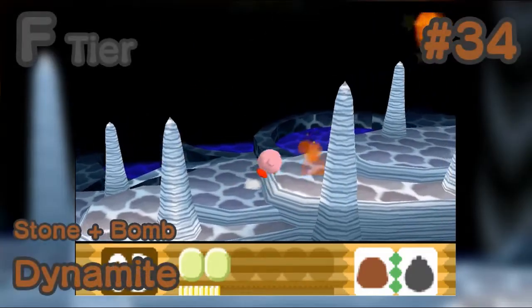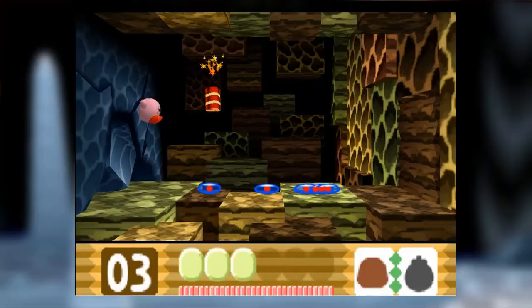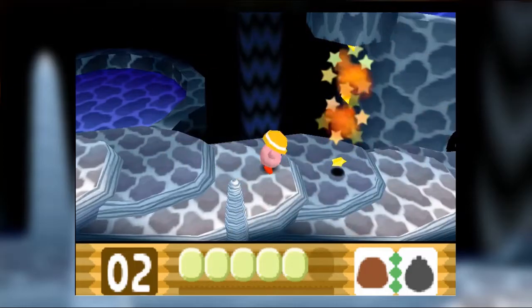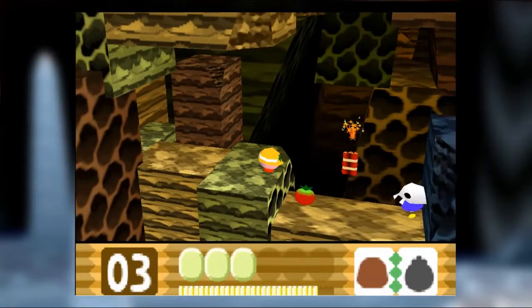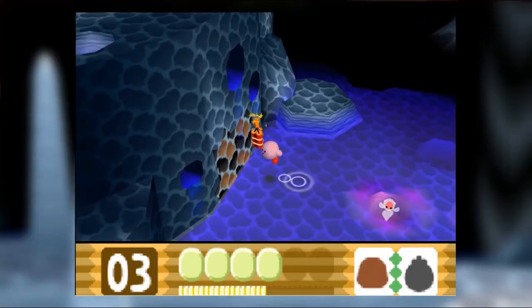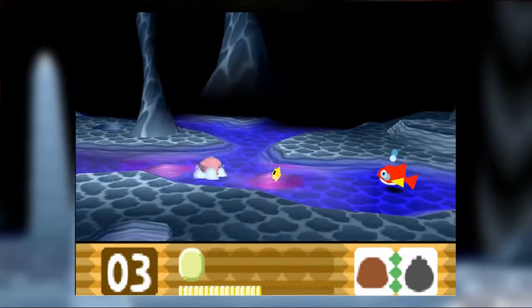Number 34 is Dynamite. Oh, buddy. Sure, this ability is good for taking out a good amount of enemies, but there is one flaw that makes it terrible. It is a little annoying to use as well, at least efficiently, and it's required for a Crystal Shard in a level that doesn't have the combo. It's just...